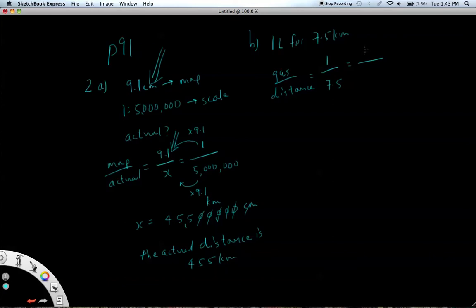Now I want to know how much gas there is. Let's use y for 455 kilometers. The units at the bottom are consistent. They're both kilometers, so that works. So I'm going to go from known to unknown. I don't know what I have to multiply 7.5 by to get 455, but what I can do is do that division. So 455 divided by 7.5, that gives me